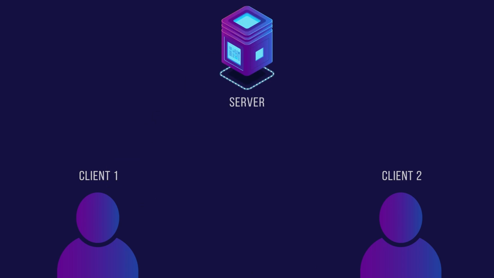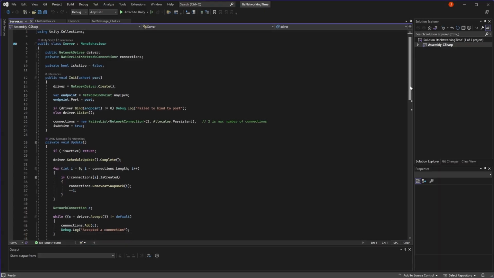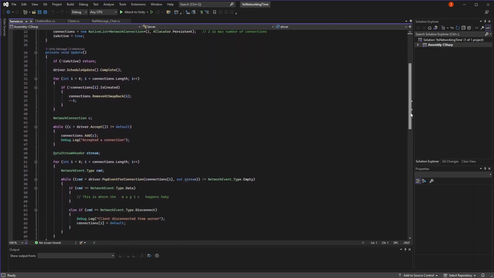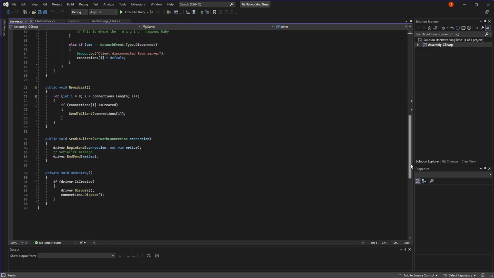And as I mentioned earlier, in a client-server model, the message doesn't get sent directly to other players, but instead goes via a server. So for every game we have players in, we'll need a server to act as a relay for their communication. Here is an example of a server using Unity's transport layer. I'll admit it looks slightly spookier than the client, but it broadly follows the same design.